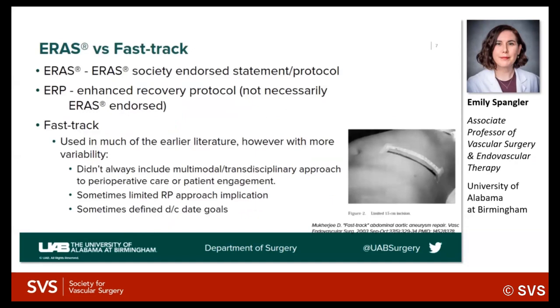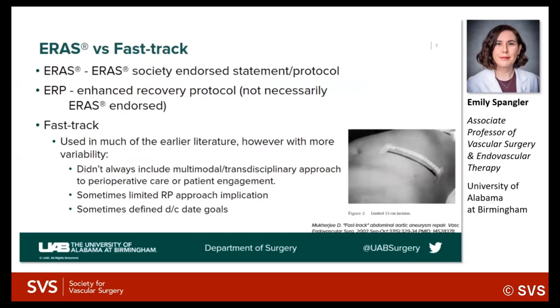A note about wording that may be encountered as you look at this literature or are new to this topic. For ERAS, that implies a society endorsement of the statement or protocol. ERPs, or Enhanced Recovery Protocols, are commonly used terms, but not necessarily ERAS endorsed. These may also have the benefit of giving specifics about an individual institution's implementation of their program with enhanced recovery